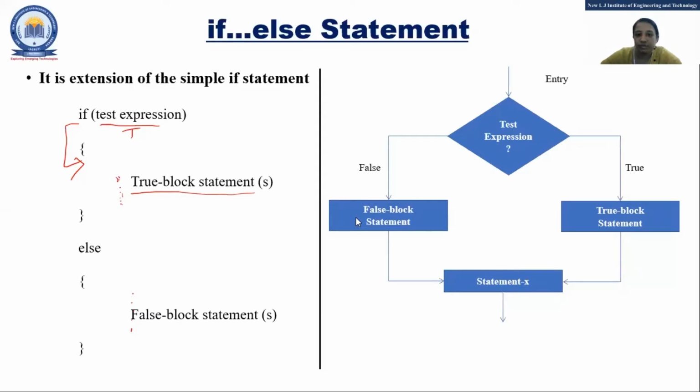Why is it not going to be on? I have already repeated the question four or five times. Okay, again, suppose my condition is true. What happens? The true block will be executed. Now my question is, after executing the true block statement, where will the control go? Which statement is supposed to be executed?